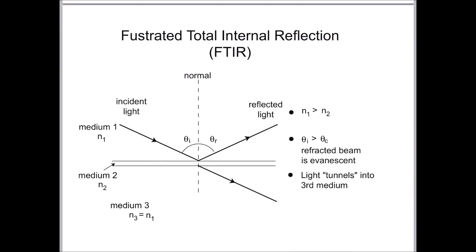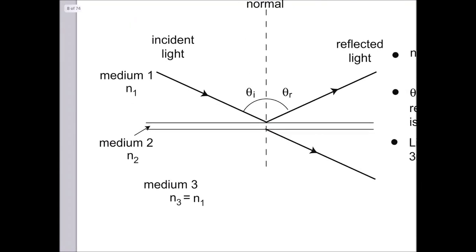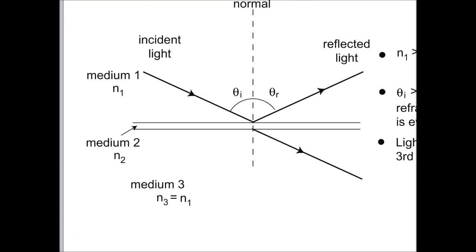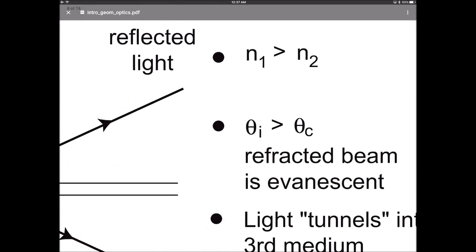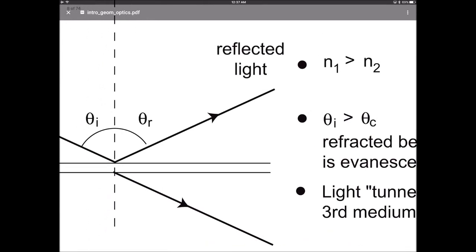Next, we come to a special case of the total internal reflection, which is called the frustrated total internal reflection. So in this case, we have a scenario where you have three media with three refractive indices, N1, N2, and N3. The second medium is very, very thin. And what happens is the incident light is incident at an angle which is greater than the critical angle. So your theta I is greater than theta c, where N1 is greater than N2, like in the last case. And what would happen, if you remember from TIR that we just discussed, is that the light would reflect back